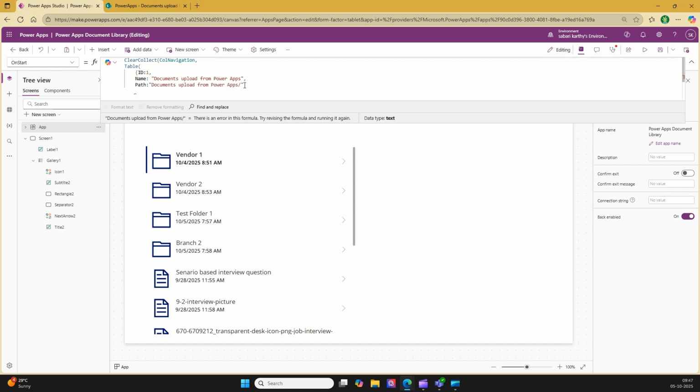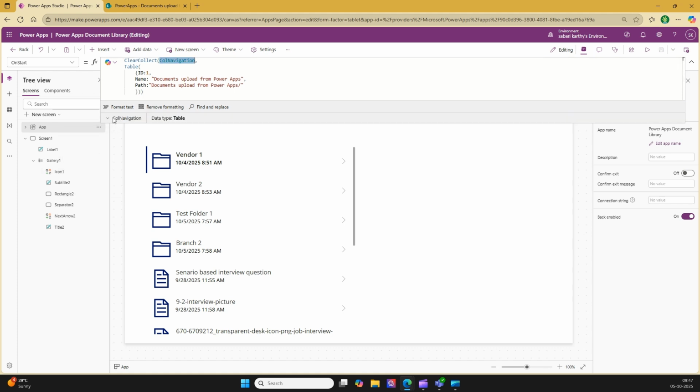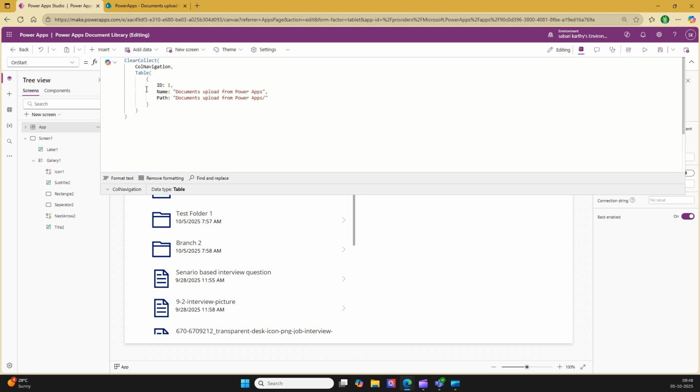Now let me close the curly bracket and close the table property followed by the collection. Let me run the onStart property so that this collection navigation gets created. So it has one ID, the name of it is the documents upload from Power Apps, and the path here is the default path. So let me do a format text so that this is arranged accordingly,